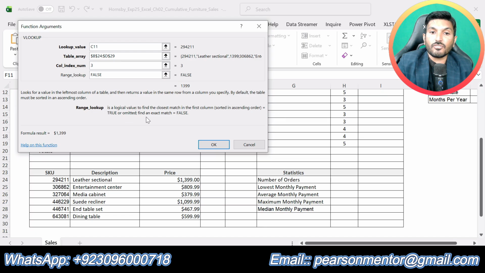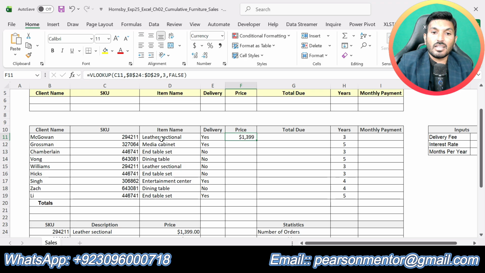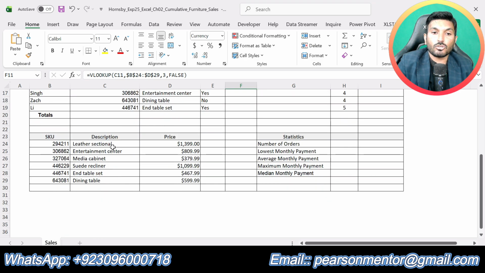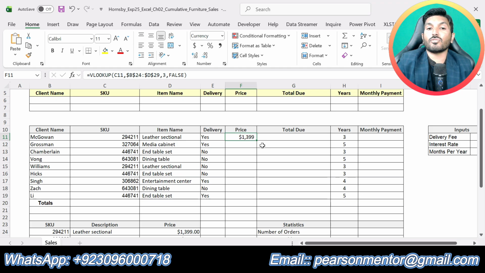True or omitted finds a closer match, false finds an exact match, so we will use false here. Now we can see that the leather sectional has a price of 1399, and we got this price from here.